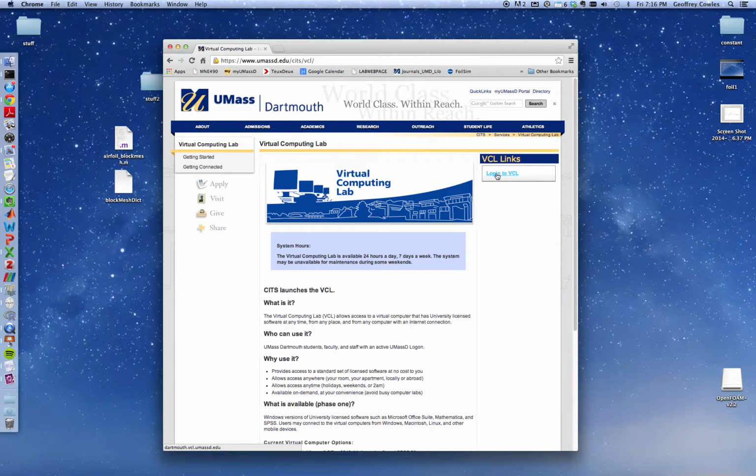Now you go log into VCL. This is Windows or Mac. I'm going to do Mac here, and I may attempt a Windows demonstration too. Log into VCL, Virtual Computing Lab, and basically what this will do is there's a server on campus which can create instances of operating systems. So there might be an image of Windows that has Matlab. That's what we'll be using today. It might be a Linux image. And so it allows you to use these different operating systems with software properly licensed to